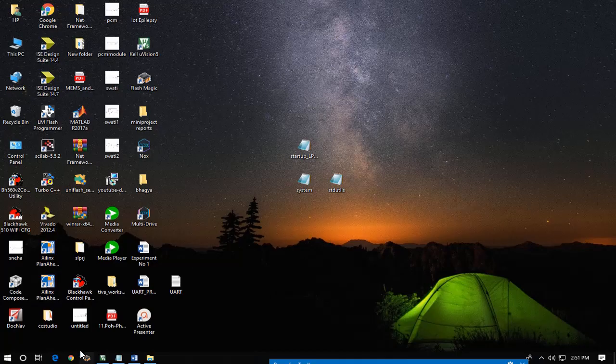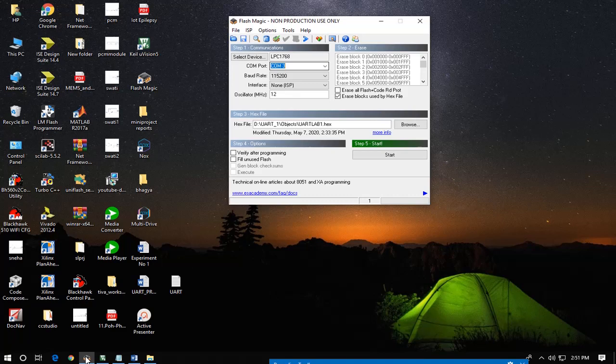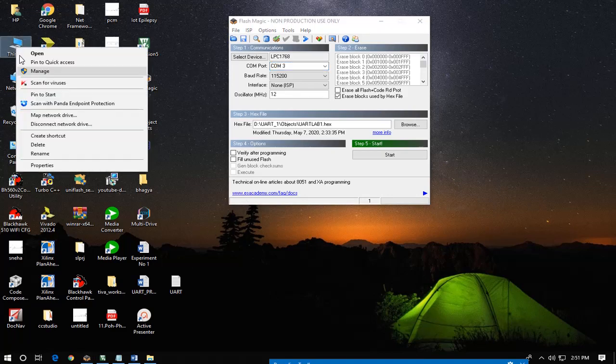Now I will open the Flash Magic software for uploading the hex file on the board LPC1768. Now here select the device LPC1768. Here I will select the COM port, which is there in the device manager.